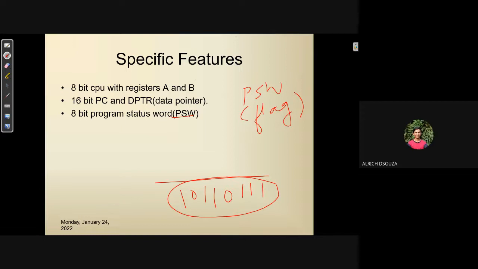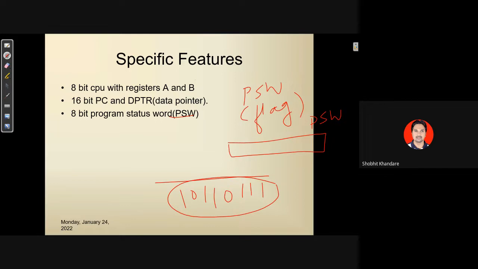What is your answer? Even. Okay, how you can say it is even? 6 ones. Very good. So you say the result gives you even parity. It means the number of ones are 6, and 6 is an even number. If the number of ones are, for example, 5, then we will say odd parity. ये जो इवन पैरिटी या ऑड पैरिटी है ना, एक रजिस्टर होता है, वो रजिस्टर का नाम है PSW,